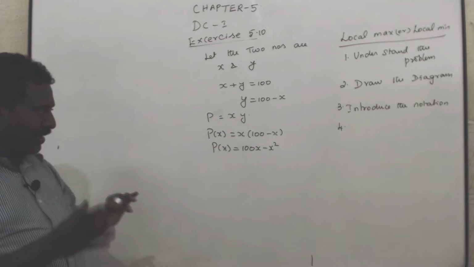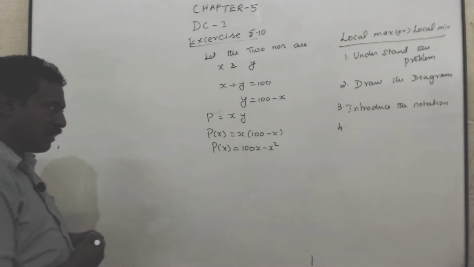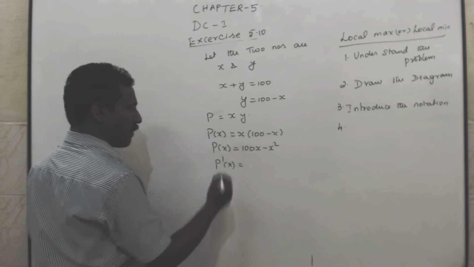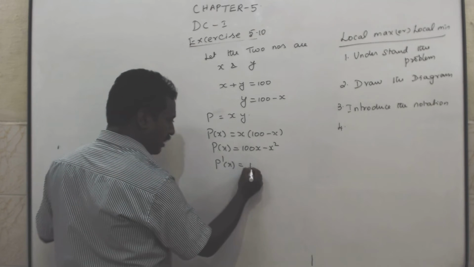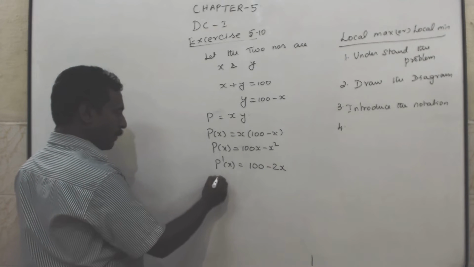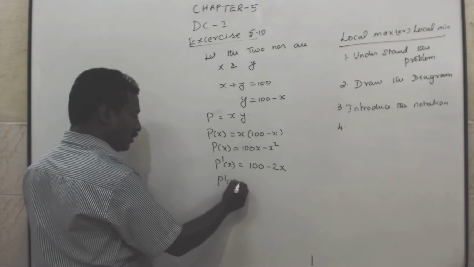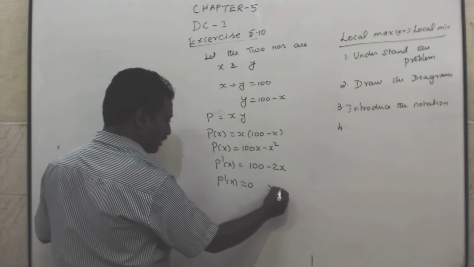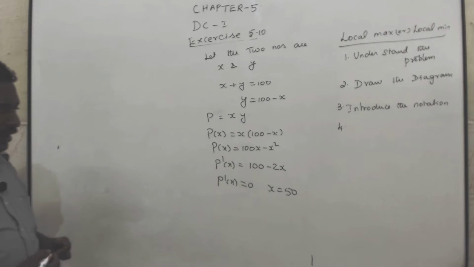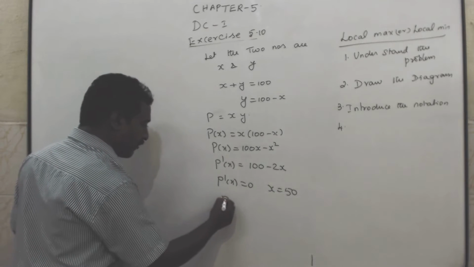In the previous exercise, same method, equation. What is the next step? P dash of x. Differentiation of 100x is 100 minus 2x. P dash of x equal to 0, x is equal to 50. Then find P double dash of x,